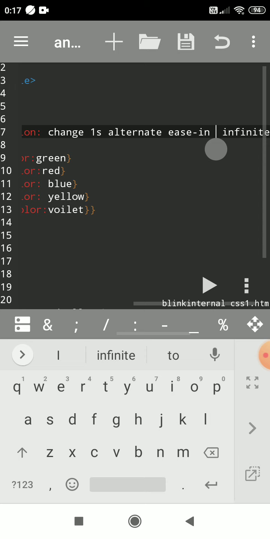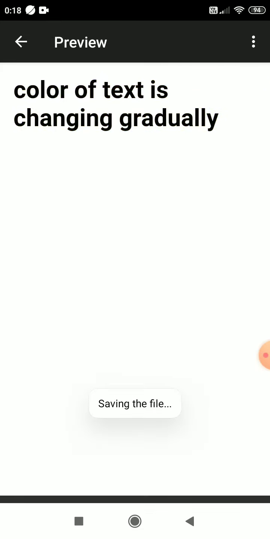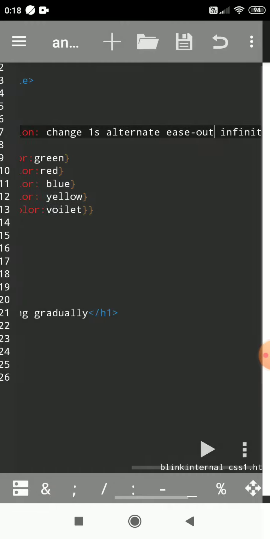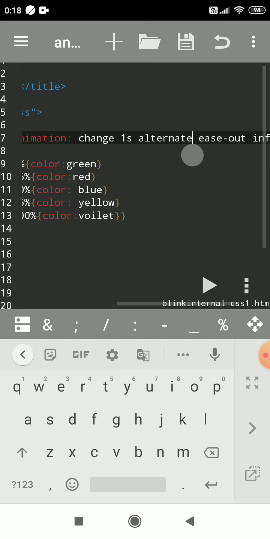If I say ease-out, the end of the animation will be slow. So ease-in, ease-out, ease-in-out, you can use many. And this is nothing but the direction of the animation.